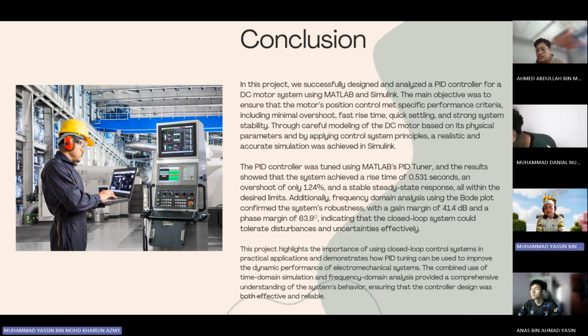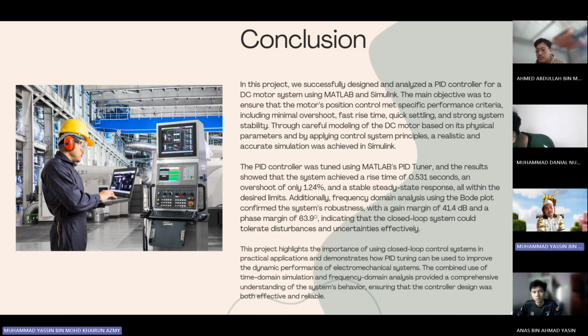Additionally, frequency domain analysis using the Bode plot confirms the system robustness with a gain margin of 41.4 decibels and a phase margin of 63.9 degrees, indicating that the closed loop system could tolerate disturbance